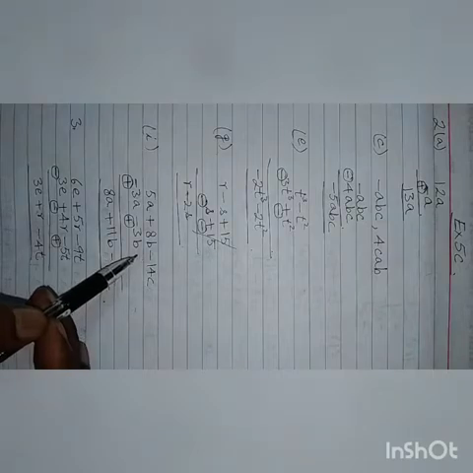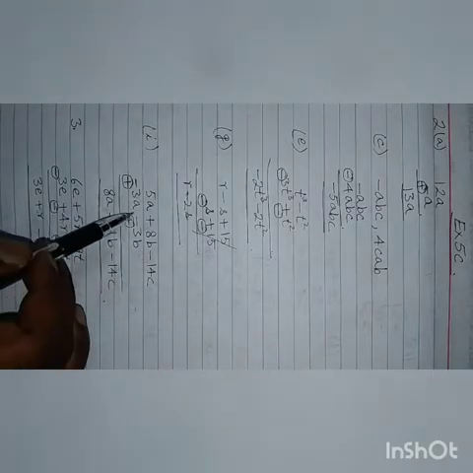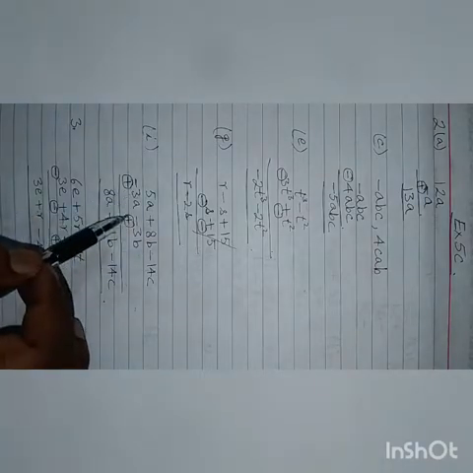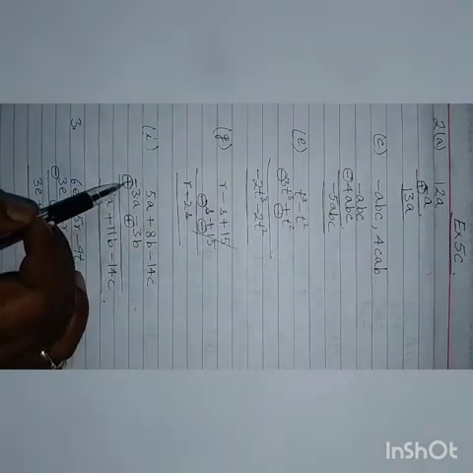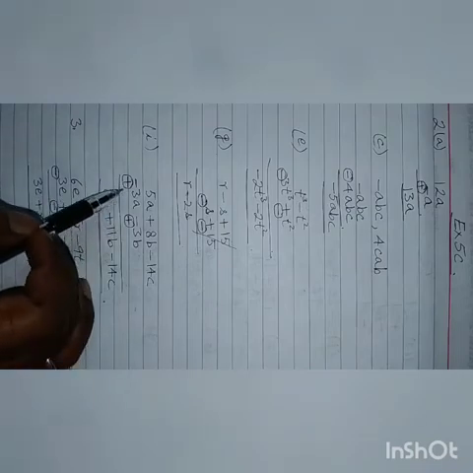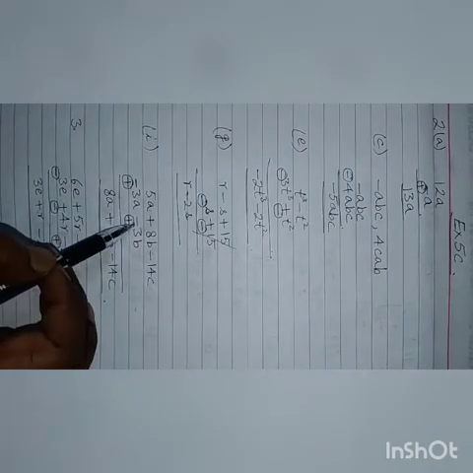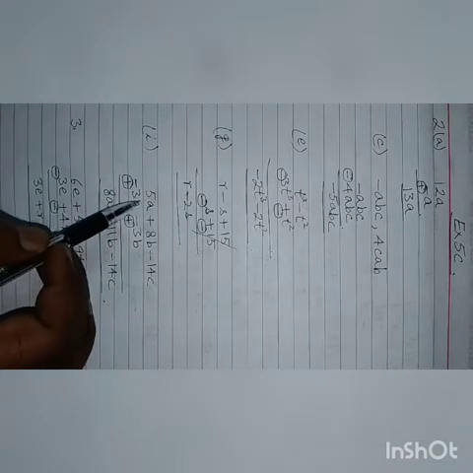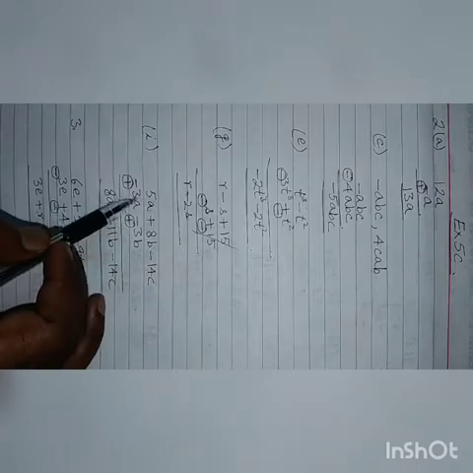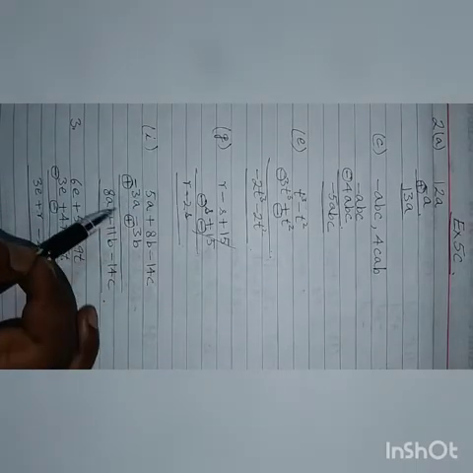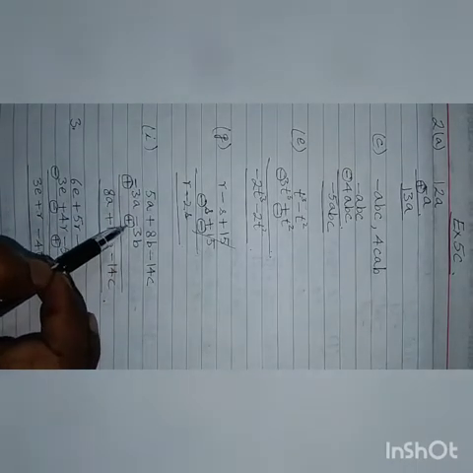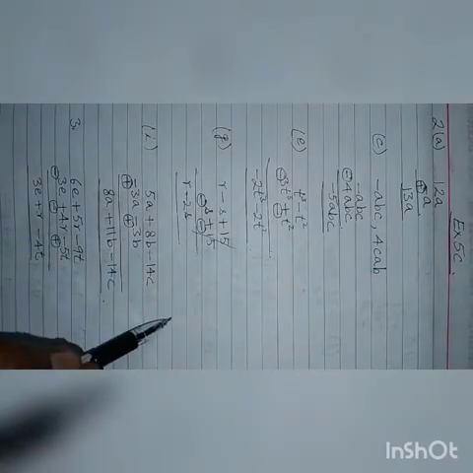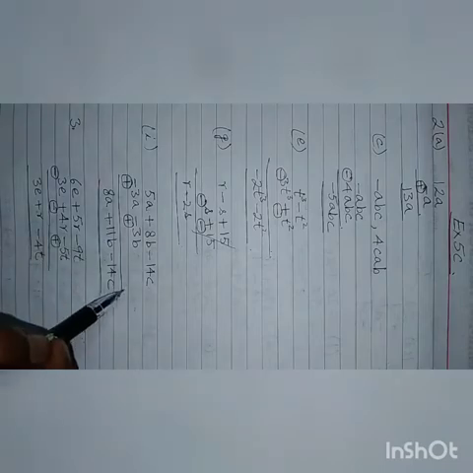Now come to I part. It's written already in order here in the book. So just change the sign of the second row. This is negative, it will become positive. This is also negative, it becomes positive. And now add them. So 5a plus 3a is 8a, 8b plus 3b is 11b, and this will be like that only. So this is your answer.